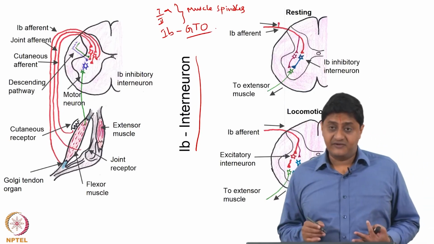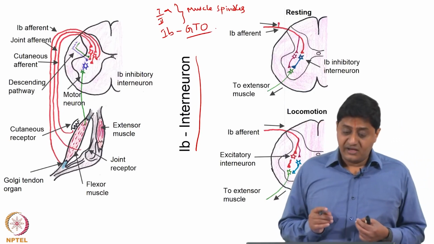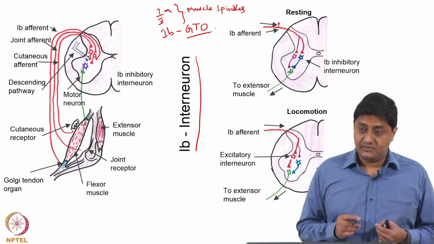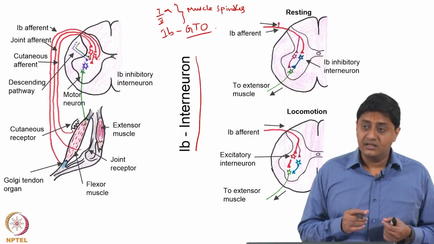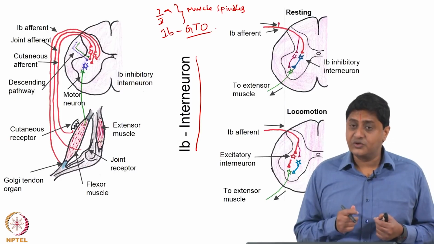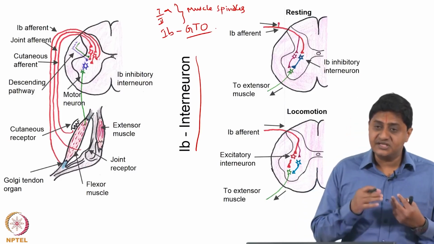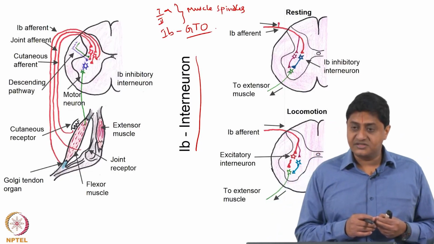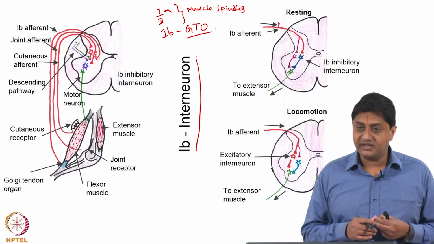When will this be activated? Whenever a muscle is contracting. If a muscle is contracting, the tension in the tendon is going to increase. When the tension in the tendon increases, the Golgi tendon organ is going to get activated and